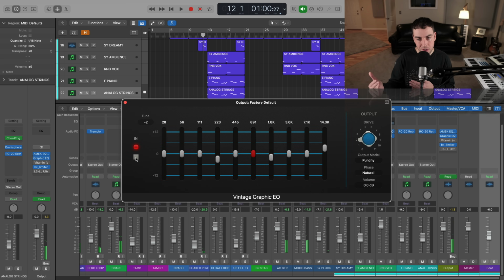So you can hear if I push it too much, we get some distortion, lose some of the low end, but just with a little bit, it gives it a nice roundness. Now I'm gonna leave the phase at natural just so that there's no delay in the video here. But just to note, if you set your phase to linear phase, especially in mastering, I just find that the result tends to be a bit more surgical, bit cleaner, so you can switch that over in your mastering process.